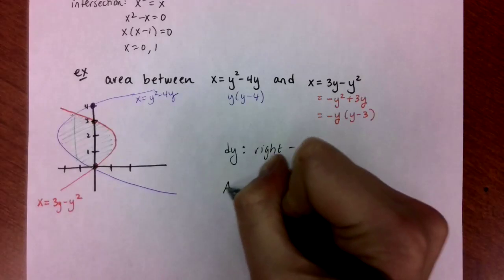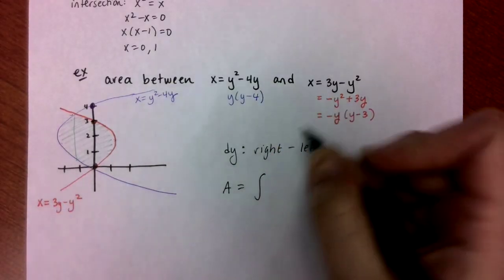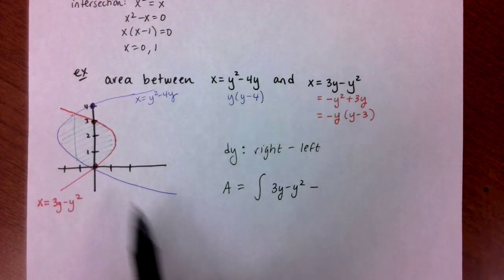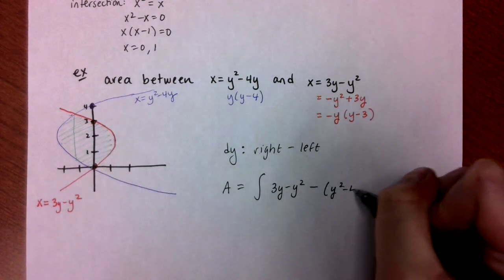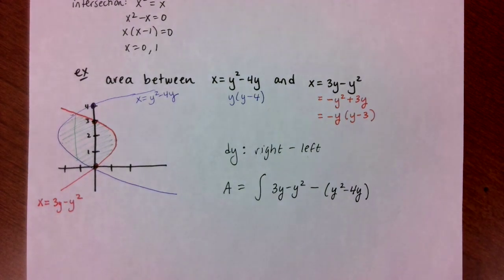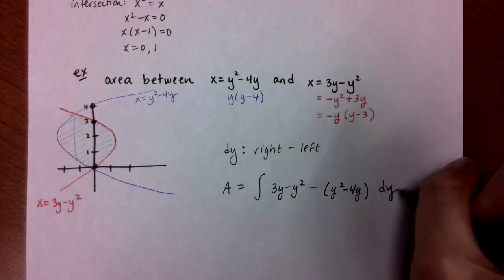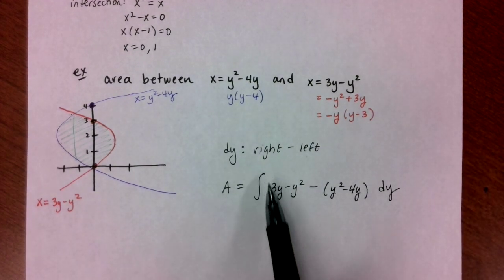So I'm going to have the integral of the right formula, so that's the red, 3y minus y squared, minus the left formula, which is the blue, y squared minus 4y. Those parentheses are mandatory. I'm going to have to distribute this subtraction in the next step. I put a dy at the end, and then the last piece of the puzzle is what the bounds of